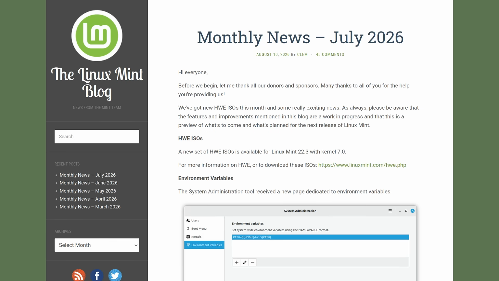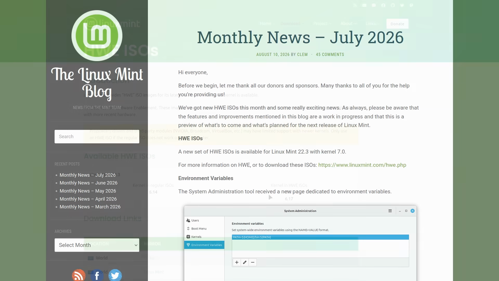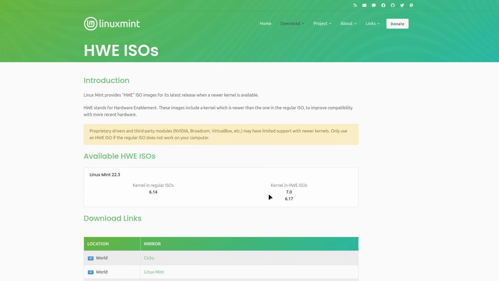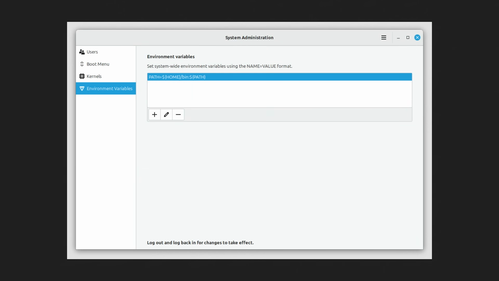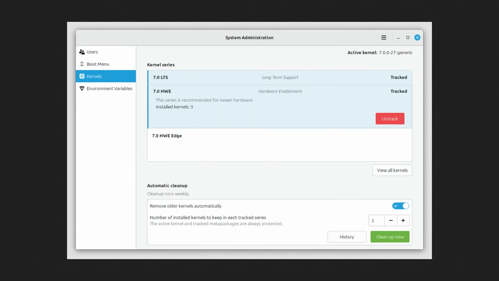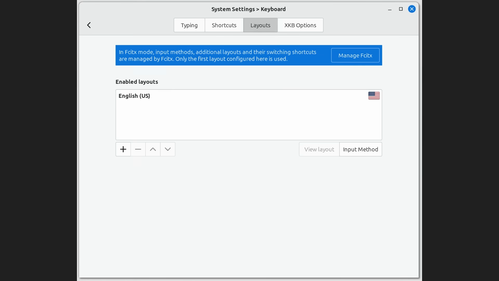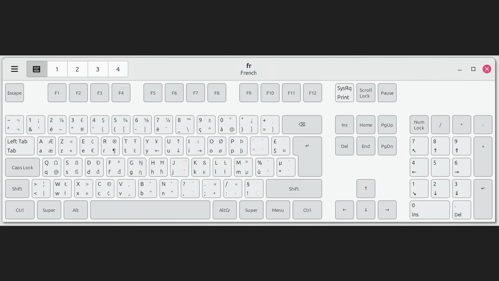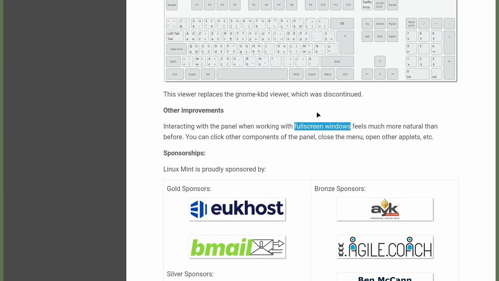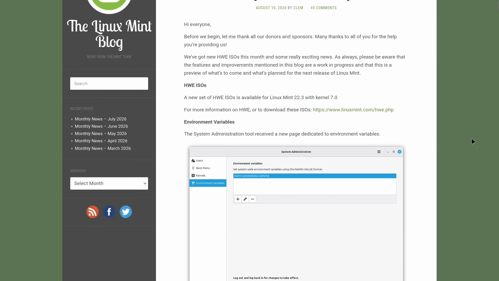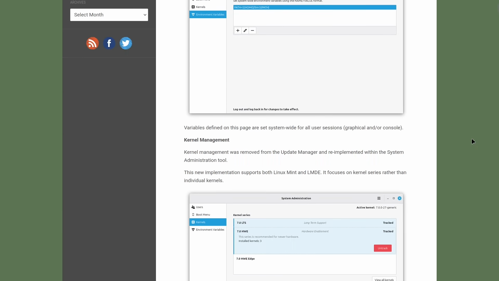Linux Mint has just published this month's report, and honestly, it's one of the most packed reports we've seen in a while. We have new HWE ISOs with Kernel 7, a completely new page for managing environment variables directly from the graphical interface, kernel management redesigned from the ground up, so you no longer have to remove anything manually, new FZX5 support with full parity between Wayland and X11, a new keyboard layout viewer, and much smoother interaction with the panel when working with full-screen windows. Stay until the end, because we're going through each point one by one, and the one about kernel management is